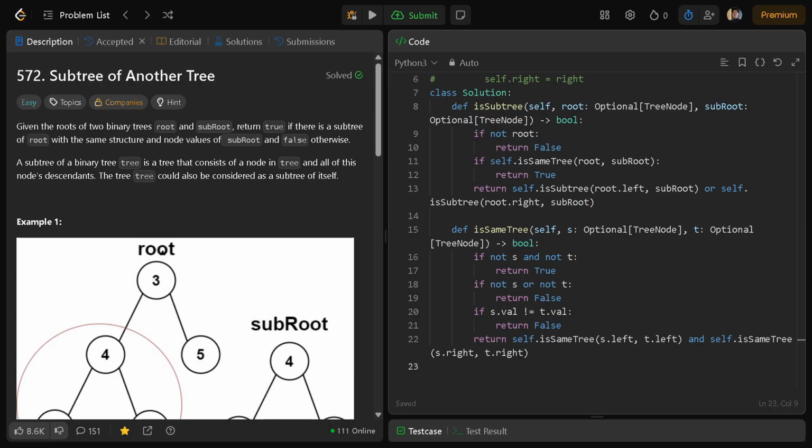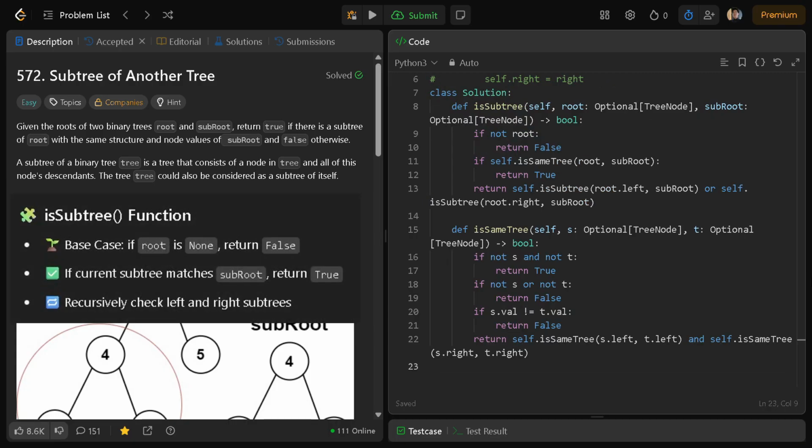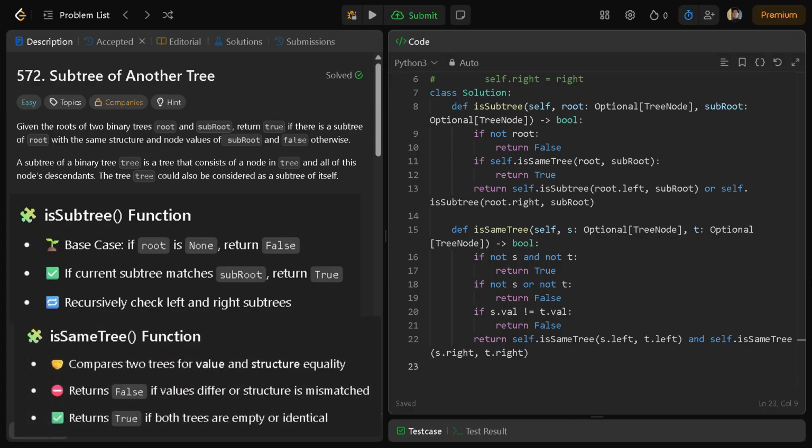First, we define our main function as isSubtree. If the current root is null, we return false immediately because there's nothing to compare. Next, we use a helper function called isSameTree to check if the tree rooted at the current node is identical to subRoot. If it is, we return true. If not, we recursively call isSubtree on the left and right children of the current root, checking if either side